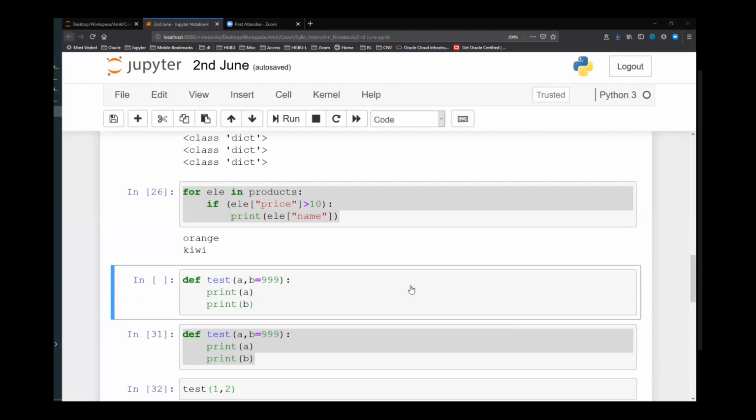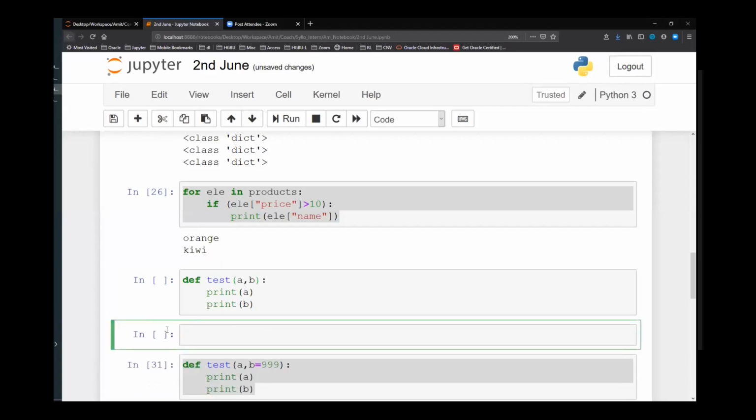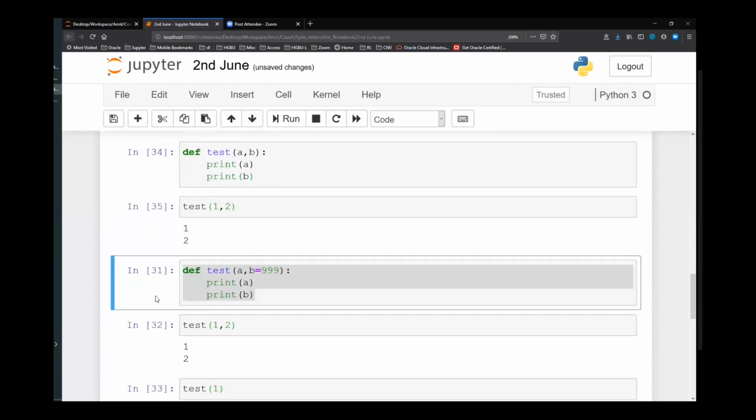Okay. So I was explaining these functions. Here, let me just remove this part, and then I'm saying test 1, 2. This will work fine, right? It will print 1, 2 for me.